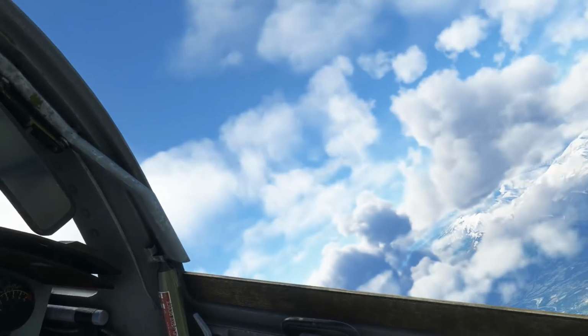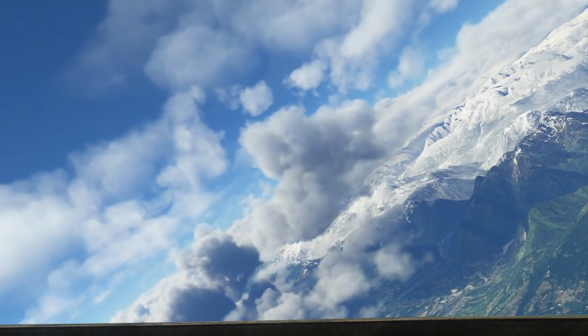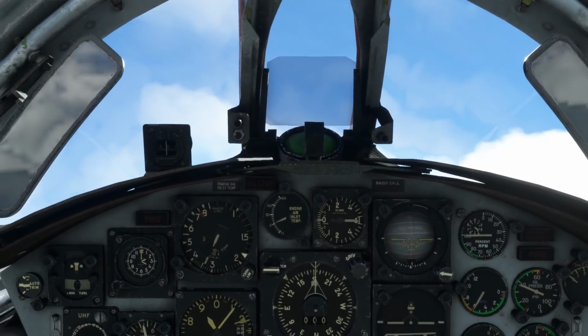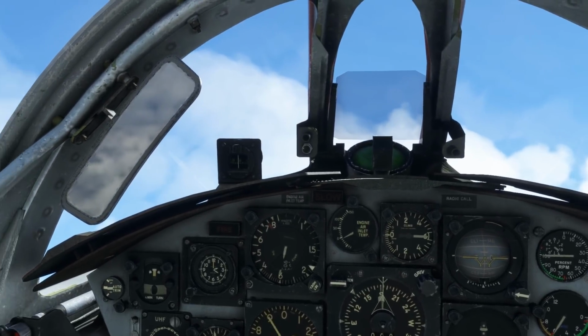Back through 400, leaving those Italian mountains very quickly behind us, just coming up through the cloud layer. Really stunning scenery as ever in the sim. Up through around 35 degrees now on the pitch. And just coming up on our 300 knots, we don't really want to be getting any slower than that in